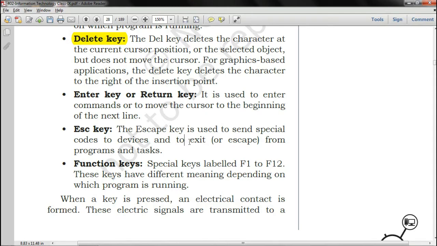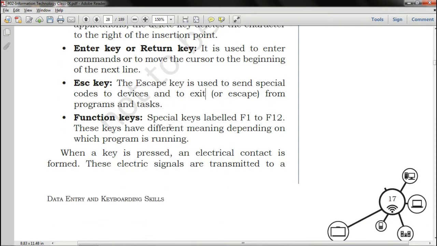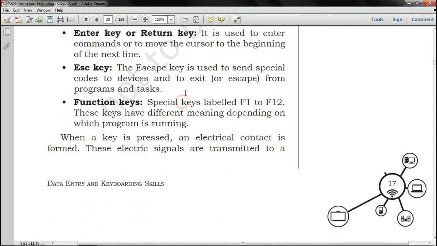Next is function keys. Special keys labeled at the top of the keyboard, right. If you have the multimedia keys, then at the top, the first row is the multimedia keys, the second row is the function keys, following with the escape key.